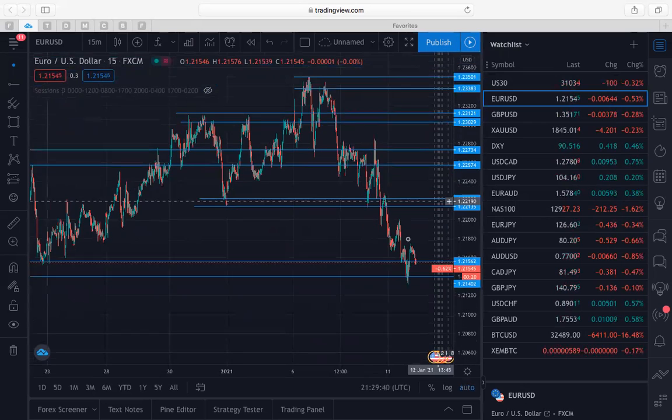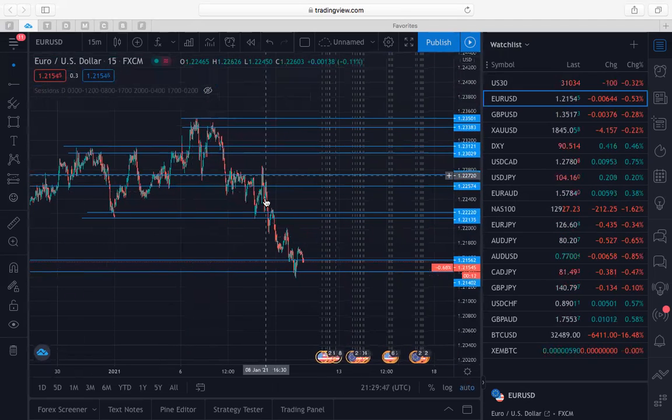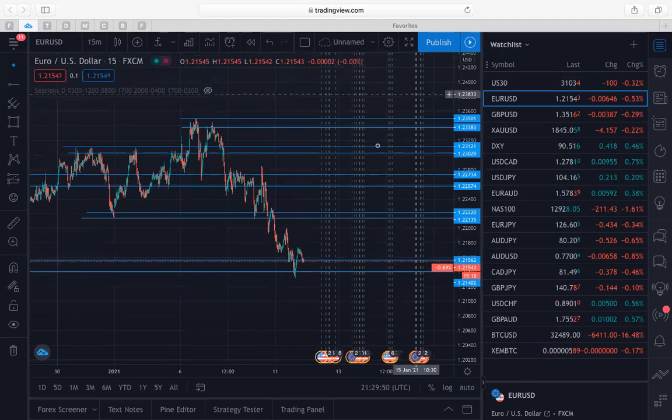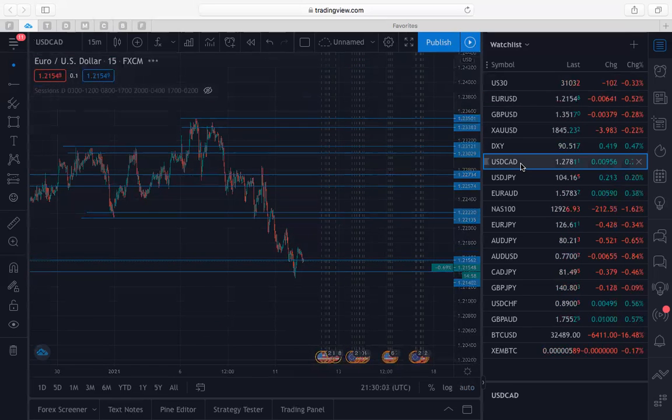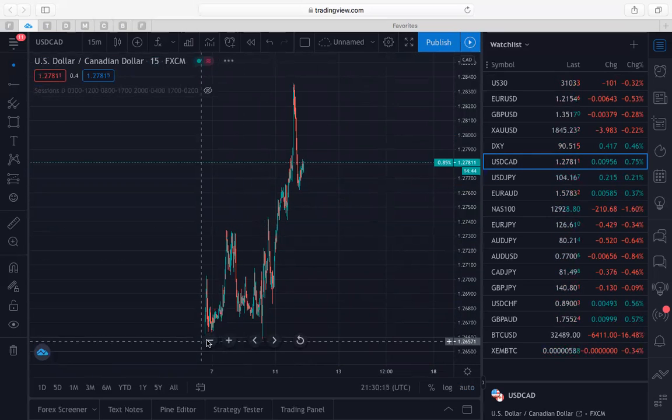If I'm still expecting a buy on the USD, so I'm expecting this trade to go right up and take this level out. But this wouldn't happen in a day, so I'm expecting this to happen over the week. And from what I've seen, the low of the weekly candle was just formed, so I'm expecting the rest of the week to be bullish. Okay, so same thing applies for USD CAD, USD JPY. Okay, so this is USD CAD pair,